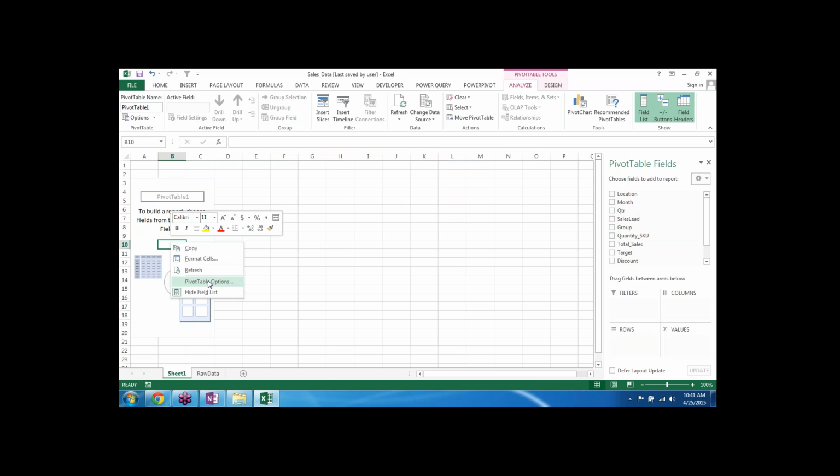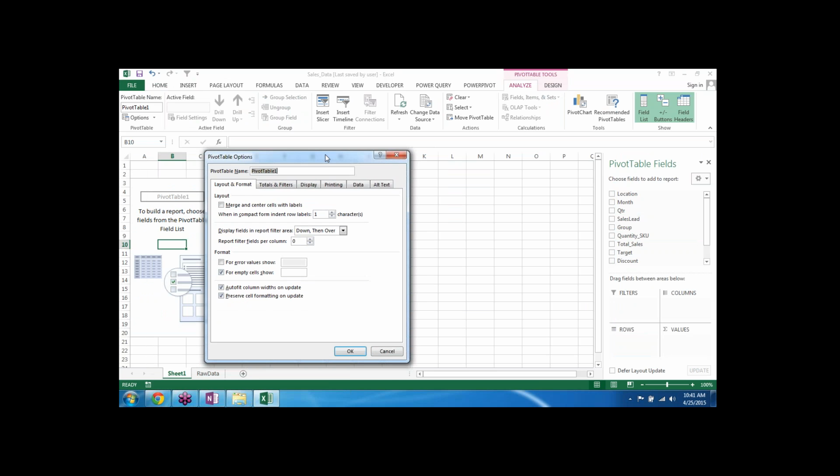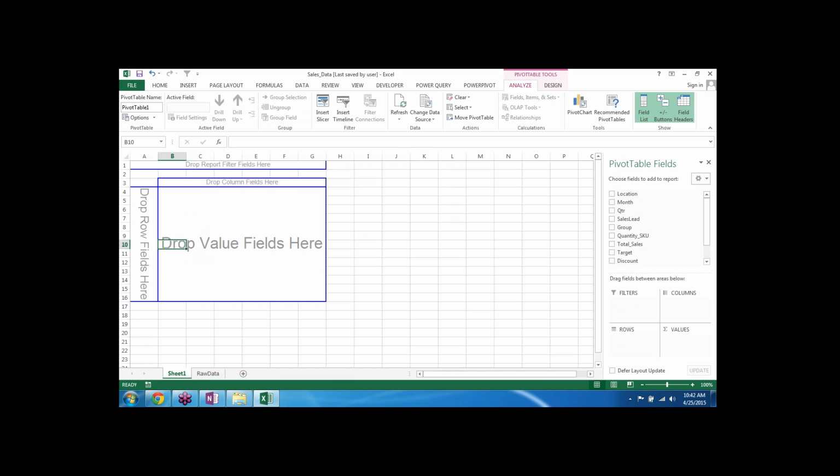Right click here, go to pivot table options. For the first time when you are learning pivot, I would suggest going to display and choosing classic pivot layout, and say OK. So this converts your pivot view in this manner.